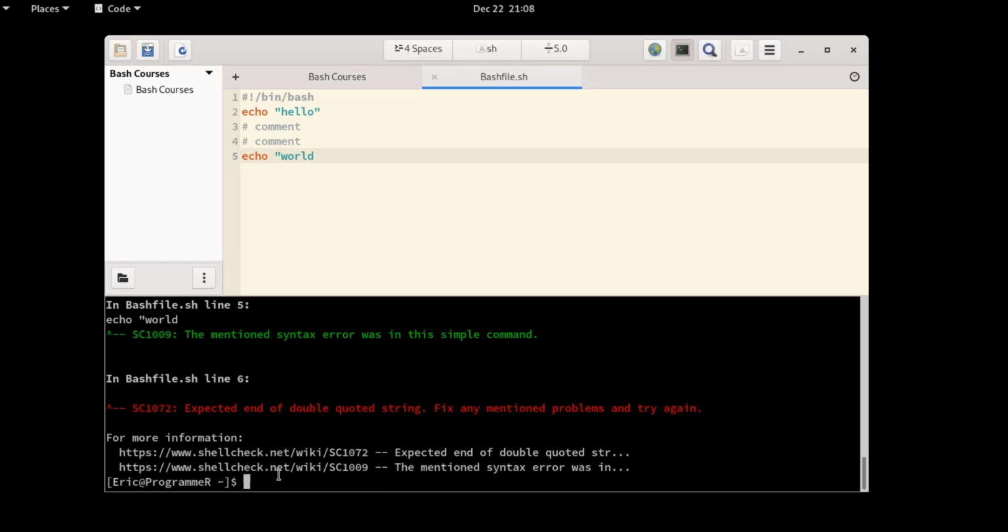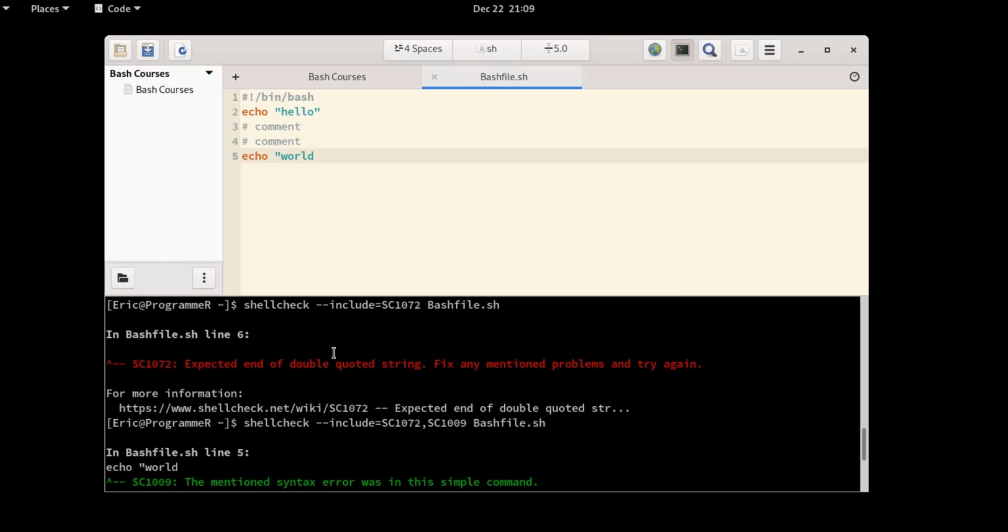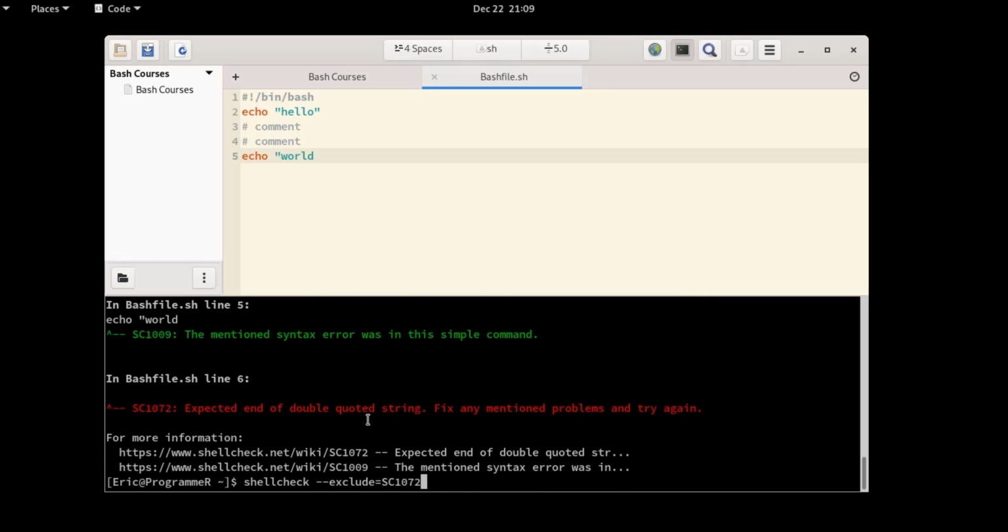Okay, now we'll do this. shellcheck --exclude=SC1072. It'll print out this. This will never be printed out because we excluded this ShellCheck error code. So if you press enter,